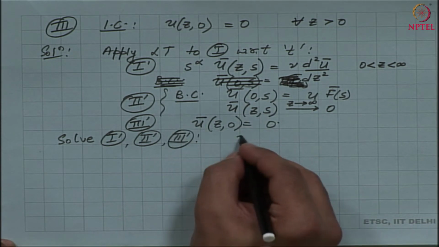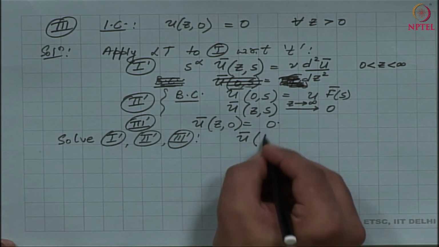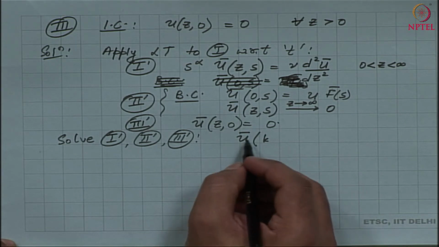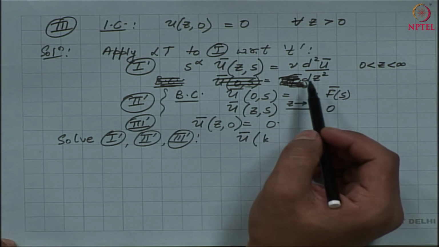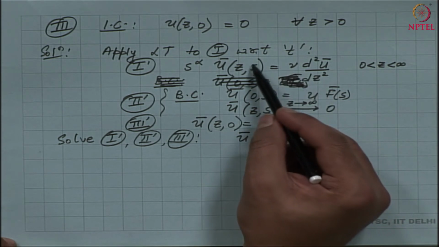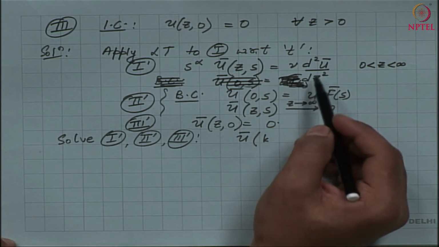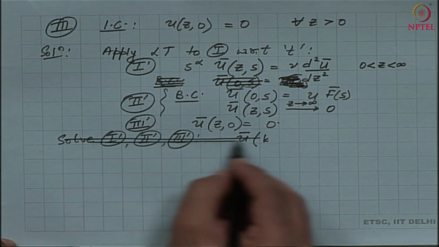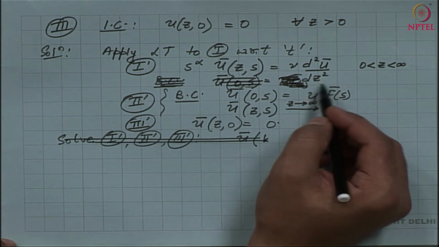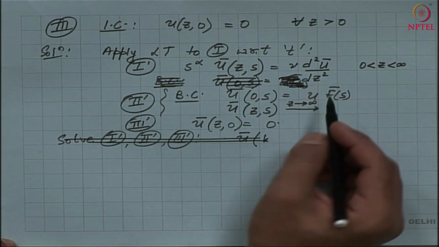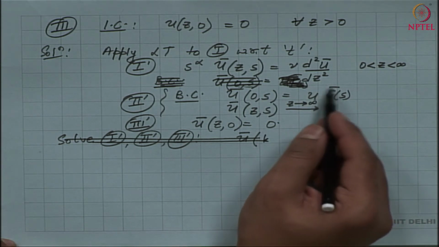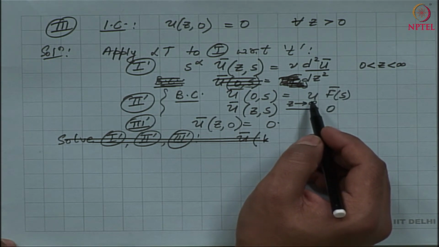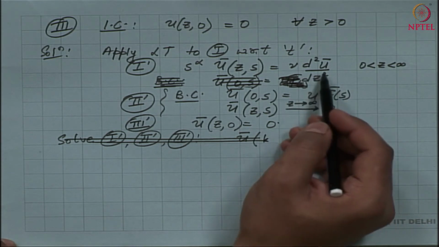I see that my solution u bar of k comma s. Even before I solve this, I see that this is an ODE, but I have the Laplace transform with respect to time and I have retained my physical variable. So, even before solving, let me transform my physical spatial variable as well. Since there is a Dirichlet condition on the plate, I am going to use my sine transform to transform this physical space z